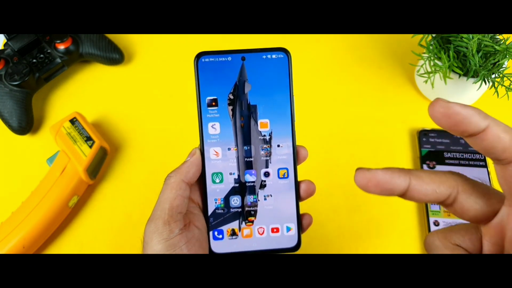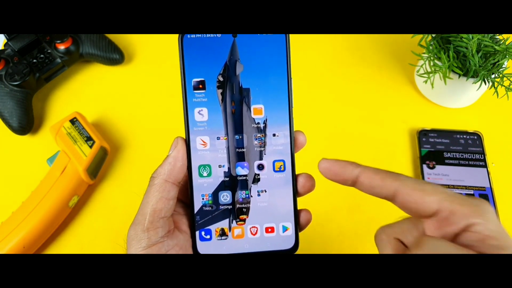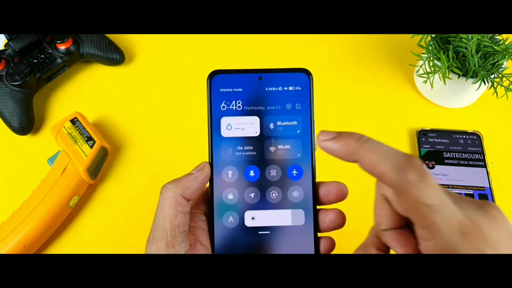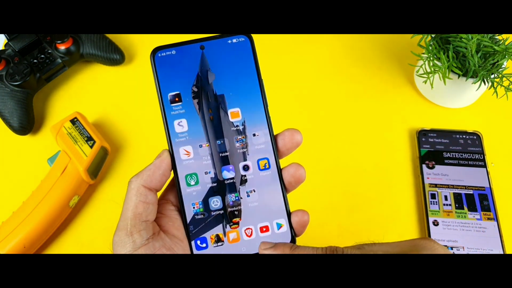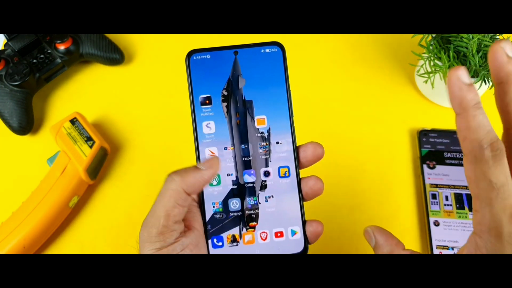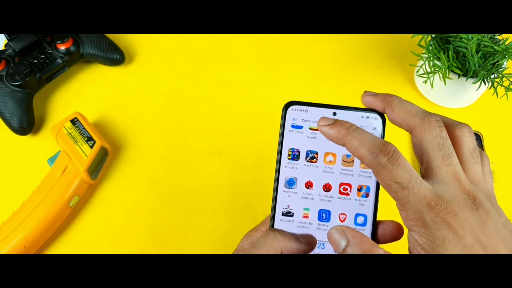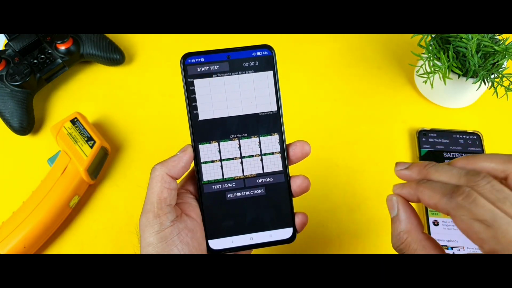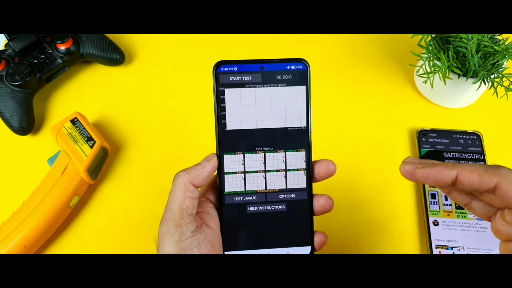I'm going to use these two conditions and test the CPU throttling in this MI11X device, to check whether it improved or not. Let me disable the Wi-Fi and all the background applications as well. Completely disabled, as you can see. There are no background applications running right now. Let me open the CPU throttling application. Let's see friends, by using this kind of testing whether we get slightly improved performance or not. That is what I'm going to check.